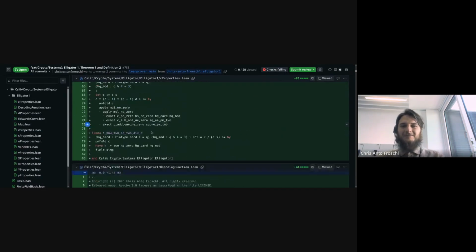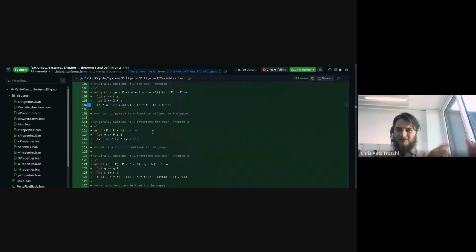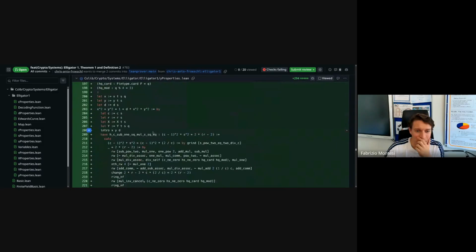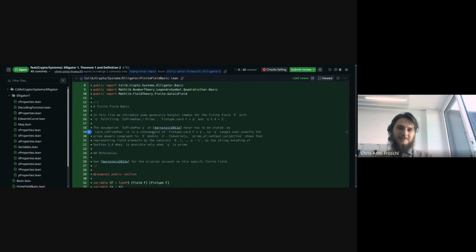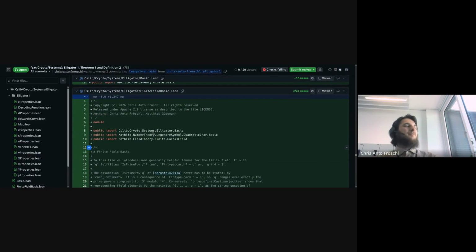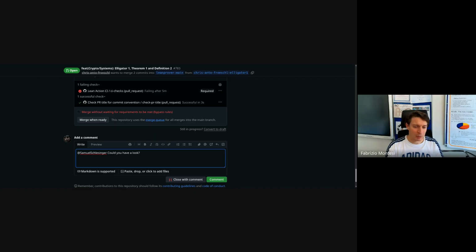I'm not sure how to split this because it's theorem based from the original paper, and I gave some motivation in the PR text. But otherwise, we could probably split some. It's very connected, so I'm not sure how to split it into more content based PRs better than I currently have done. But I think someone has to look at the PR and decide, and I will do my best to help. Yeah.